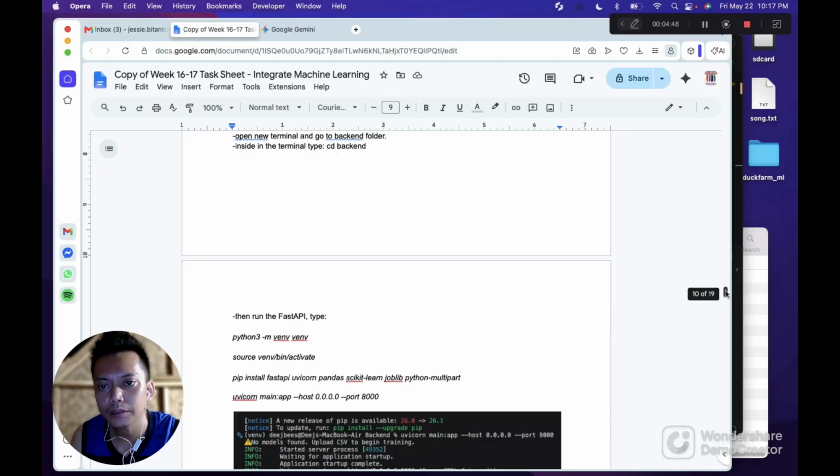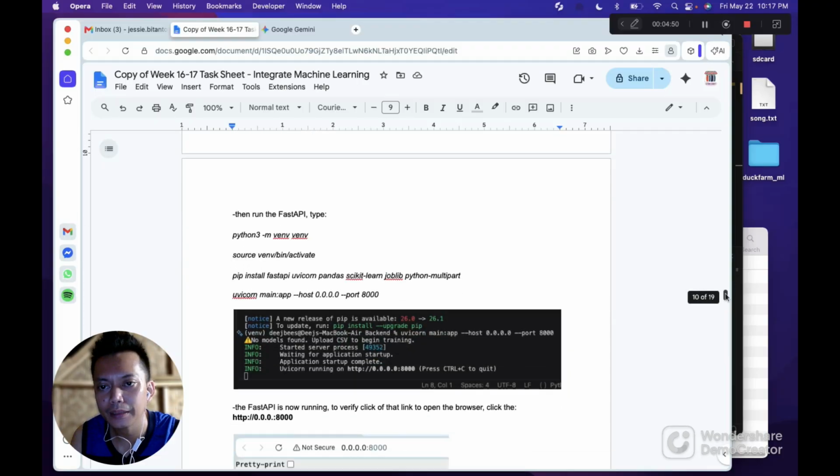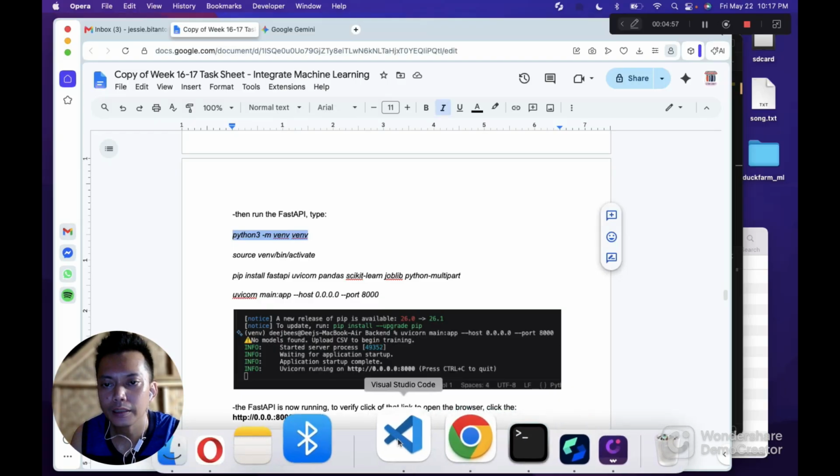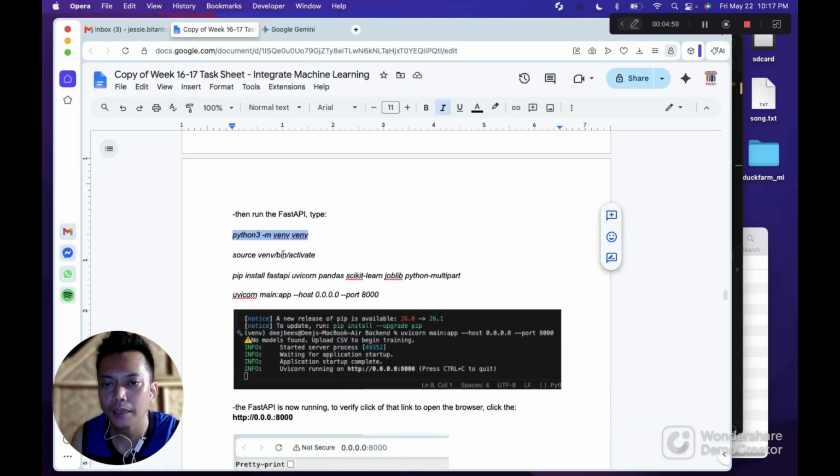So after that, we are now going to run the FastAPI. This code is for Mac. So for Windows without the 3, we just remove this 3.